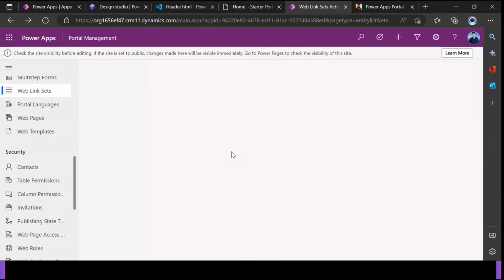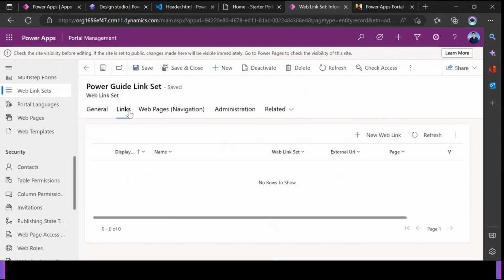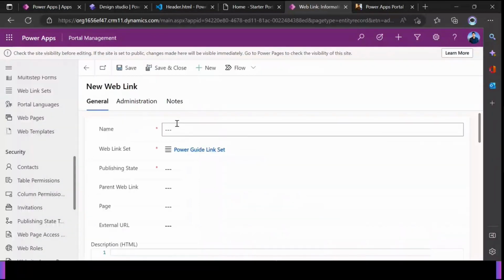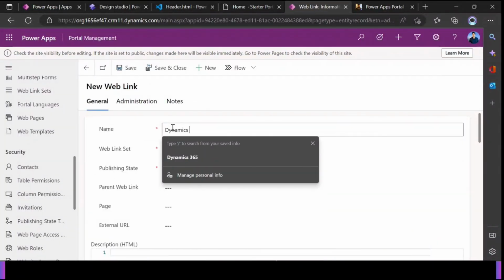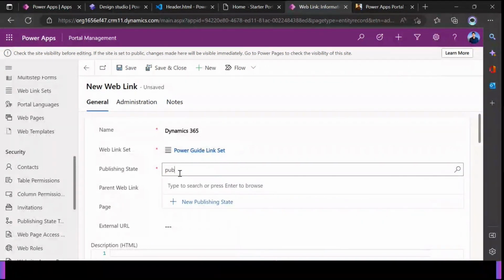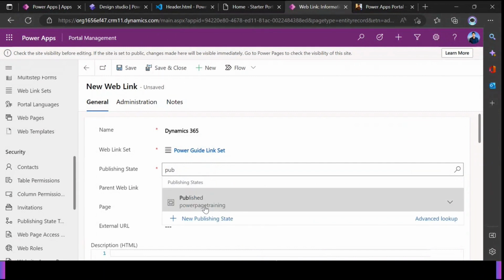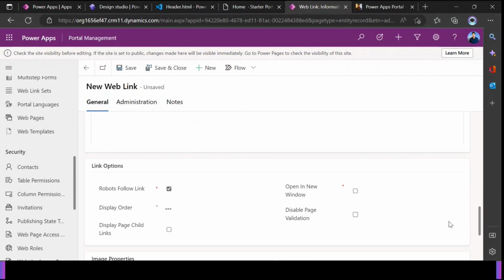Okay, so now you can see I have created my own link set called Power Guide link set, and under this I want to create some of the links. So let's say the first link I'm creating is probably Dynamics 365, and publishing state will be published. Save it,